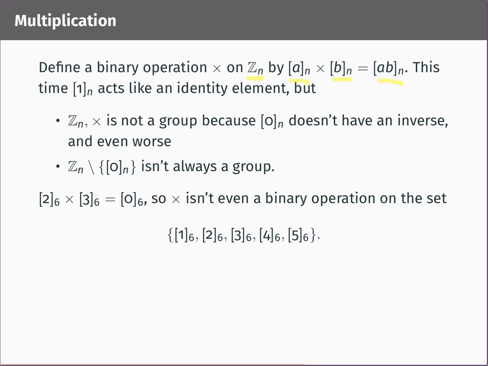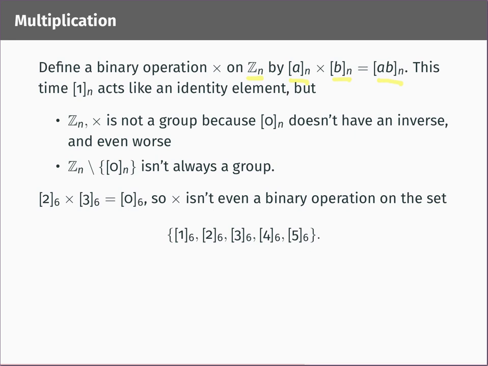And this time, this binary operation does have an identity element, and this time it will be the class of 1, for obvious reasons. If you multiply class of a by class of 1, you'll get the class of a times 1, which is the class of a again. So the class of 1 acts like an identity element,